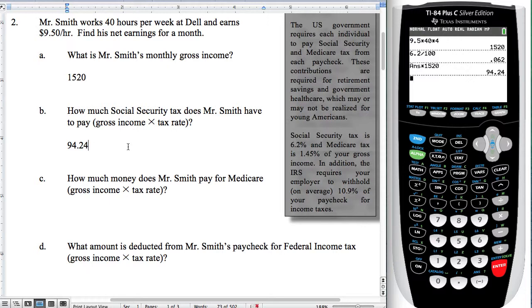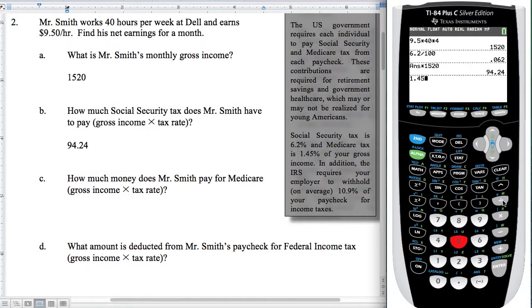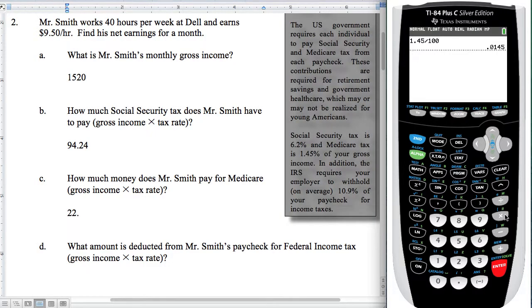Okay. So then we have to figure out how much he's going to take out for Medicare. Well, Medicare is 1.45%. Now, if you don't know how to do that, again, you take 1.45% and divide it by 100, and that gives you the decimal that you have to multiply by. Okay, so we're going to take that 1.45, or 0.0145 as a decimal, and we're going to multiply that by his gross income, $1,520. Okay, and that gives you